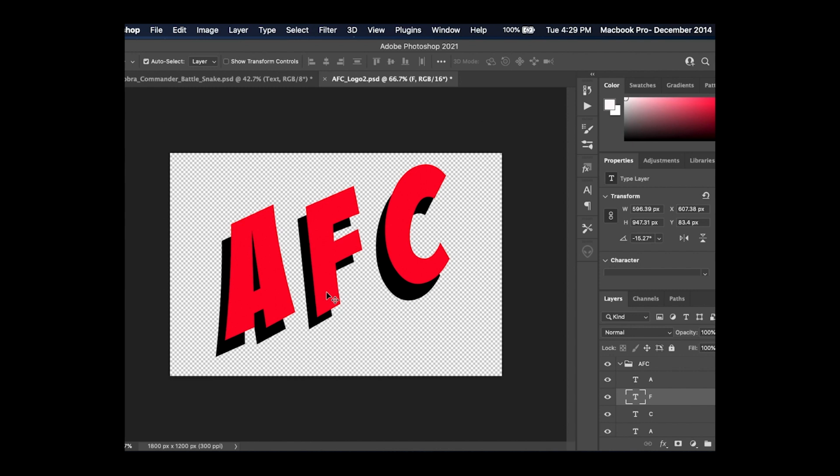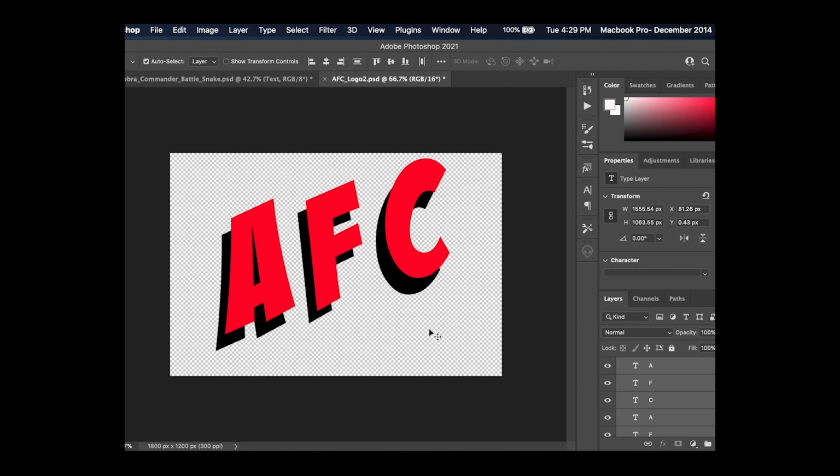letters all selected together. Now, I want to reposition this again. Normally when you click on that folder, it should allow me to move all of them in one shot. For some reason, it's only allowing me to move each individual character. So I want to make sure that I go into that folder and select all of the characters again. And I'm just going to move them out of the way for a moment up top and then leave them right where they are, because now we want to create that rectangular box for the lower part